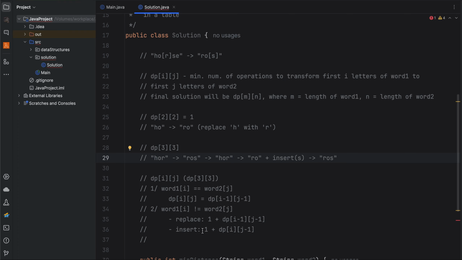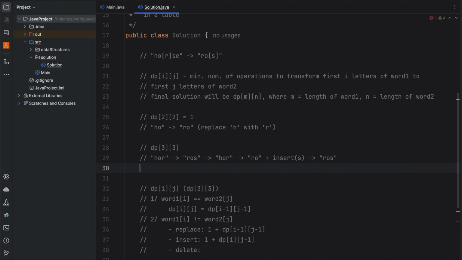That's why the formula is 1 plus dp of i, j minus 1. And the third option is to use delete. In that case, whatever it takes to transform